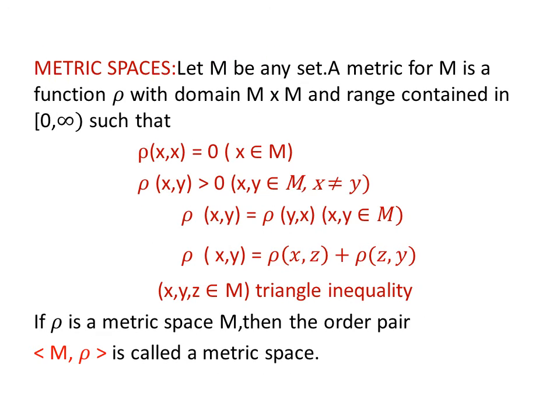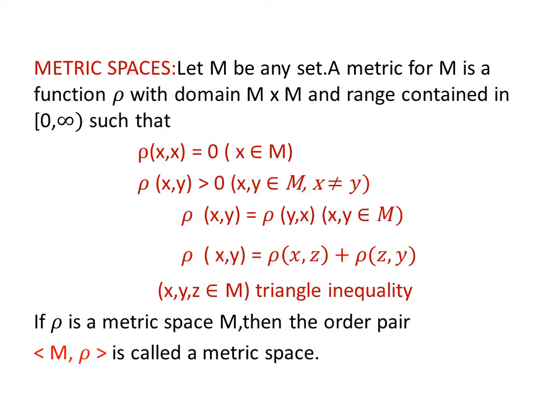The next definition is metric spaces. Let M be any set. A metric for M is a function rho with domain M cross M and range contained in the half closed interval 0 to infinity, such that rho of x, x is equal to 0, x belongs to M, and rho of x, y is greater than 0, x, y belongs to M,